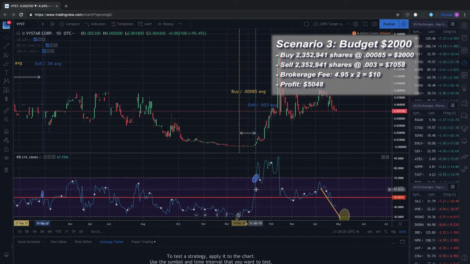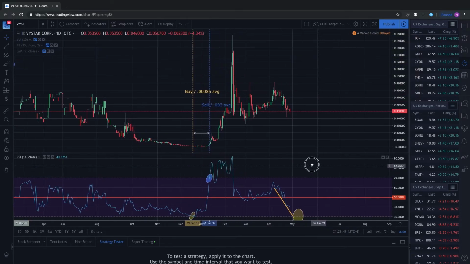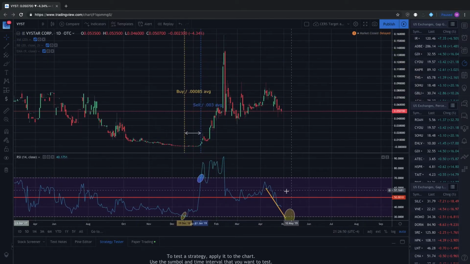It runs harder on January 11th, and we touch the overbought indicator at 70 up here. And we use this as our sell indicator and sell our shares at the daily average of 0.003. And with those 2 million something odd shares, we end up netting $5,048 in profit on a 3-week swing trade, which is not bad. So let's fast forward again to present day, April 29th, and we notice the RSI is